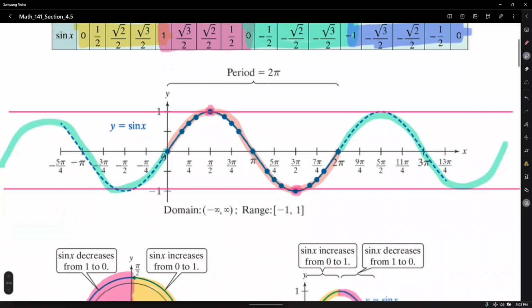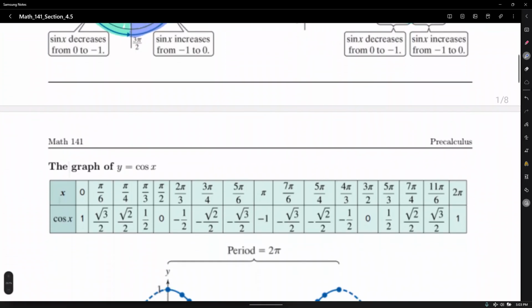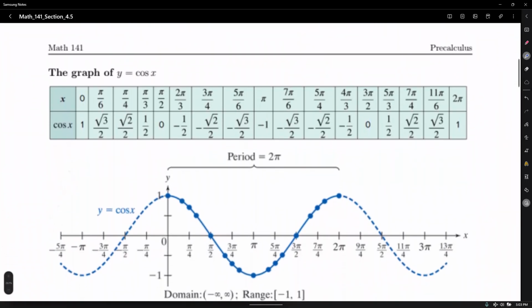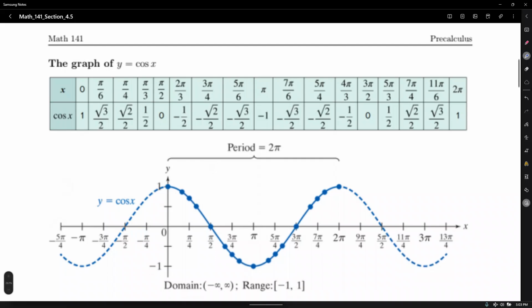All right, that being said, what else do we have? Well, the graph of the cosine function, but I'm not going to do the circular approach. I'm just going to give you the table of values, the function values corresponding to the cosine function. So what we really want to get out of this is, number 1, that the period, again, for both of them,